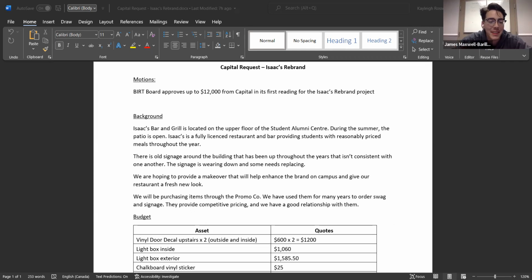So anybody have any thoughts? I think we kind of talked about how nice it looks right before the presentation. And if there are no discussion points, then yes, we can go to a vote. Okay, is anyone opposed? Are there any abstentions? So it looks like a unanimous decision.